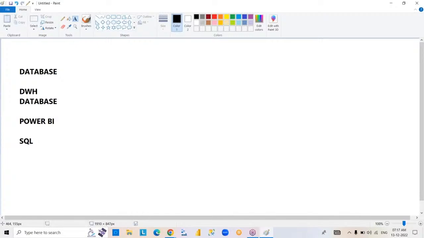Because our actual concept is Power BI, right? Coming to the next scenario, Power BI is basically a data warehouse tool. In the same way,